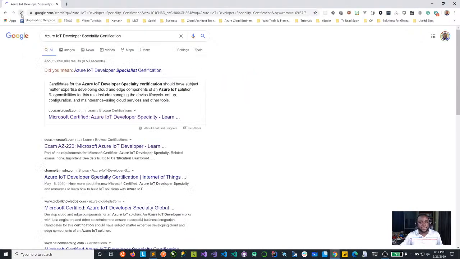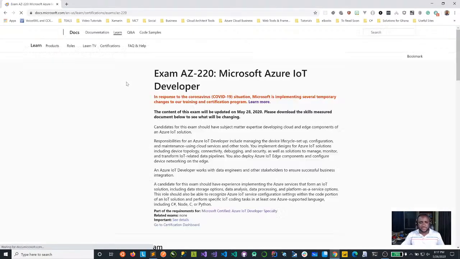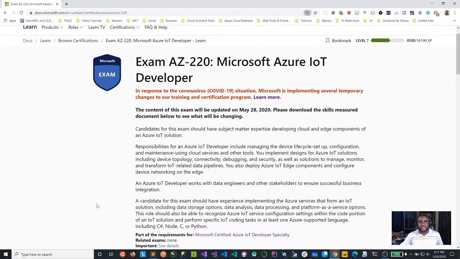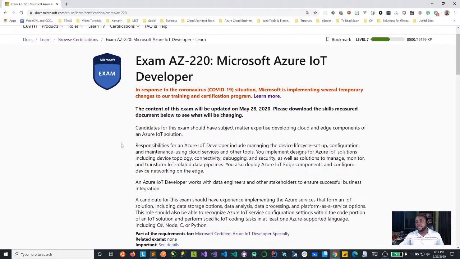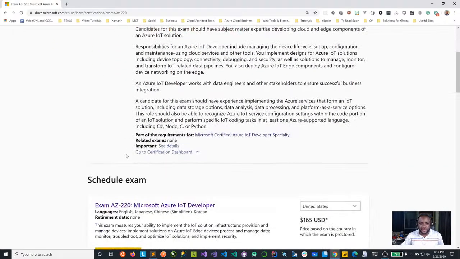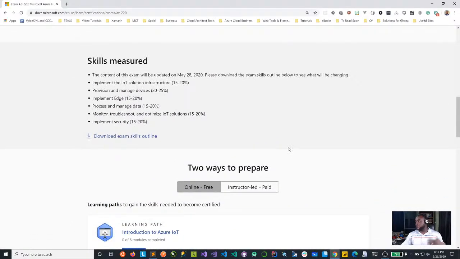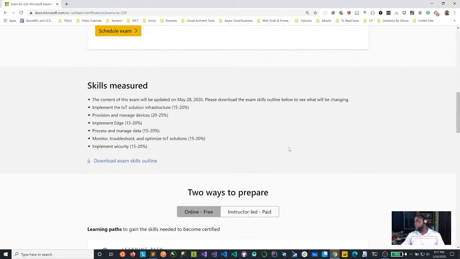So we open this up and then we can go to the exams, which is this. It is the AZ-220, and this is the Microsoft Azure IoT Developer. You take this certification and then you are awarded the Microsoft Azure IoT certificate. All right. Now let's look at the skills measured, just to show you what it entails and also give you a resource for it. That's what I want to do in this session.